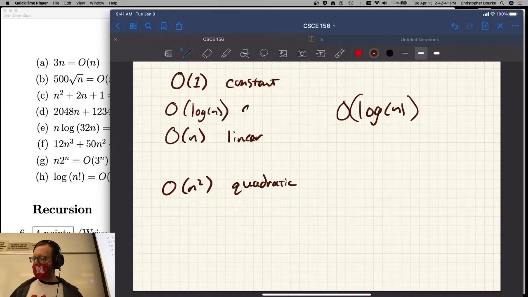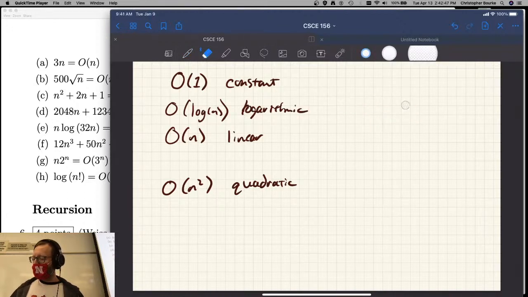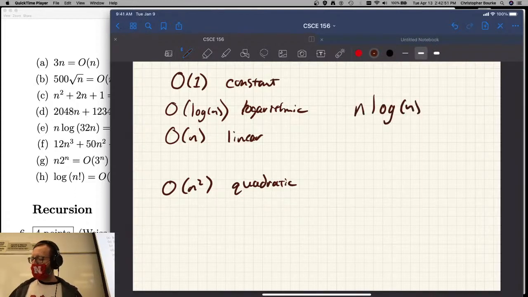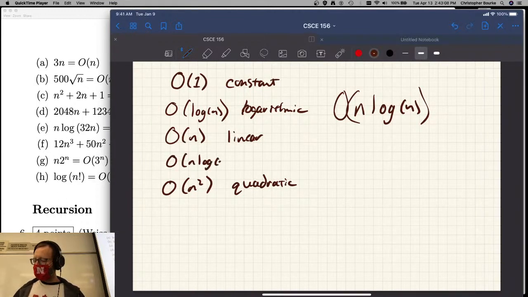Right, this is logarithmic. You've also seen things that are order n log n. Quick sort and merge sort, which we'll revisit. Where does that lie here? Hint, I put white space in there for a reason. Right here in between these two. And we do have a name for this. This is called